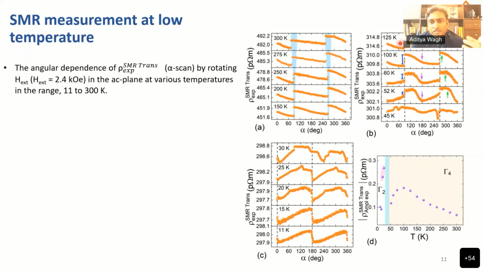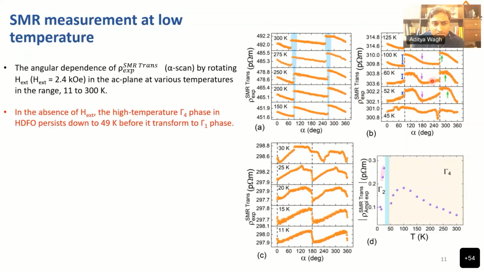The second thing we observe is that from, say, 125 Kelvin down to 45 Kelvin, the gamma 4 phase persists down to 49 Kelvin, so we are still in the gamma 4 phase. We can see that a few more features are evolving. Basically, the skewness of the data is decreasing, and it became much more roundish, approaching the collinear ferromagnets' SMR. With this, what we argue is that as you lower the temperature, hysteresis decreases, and